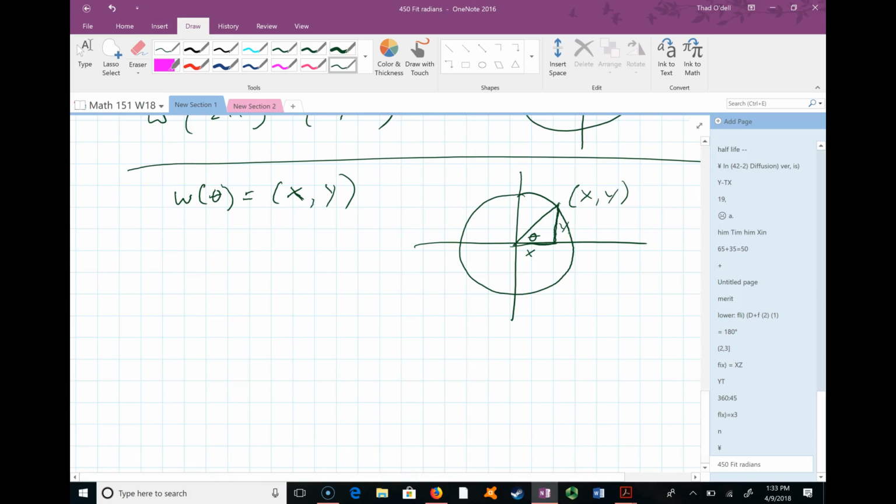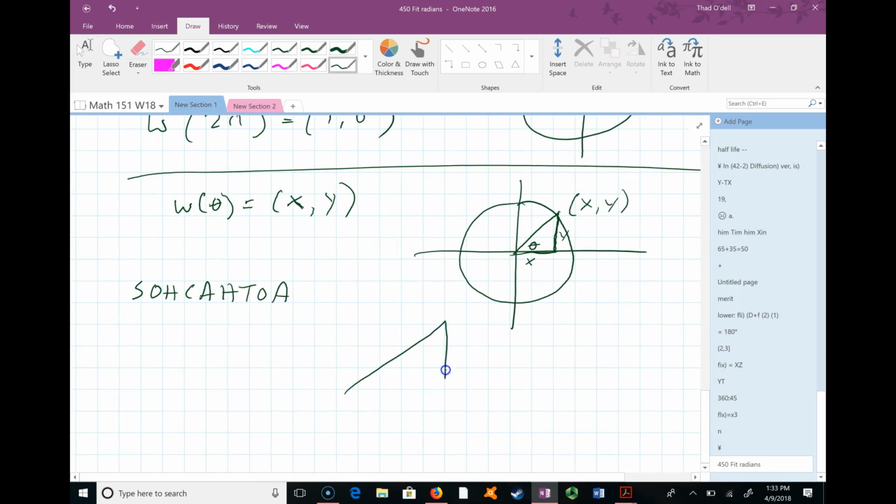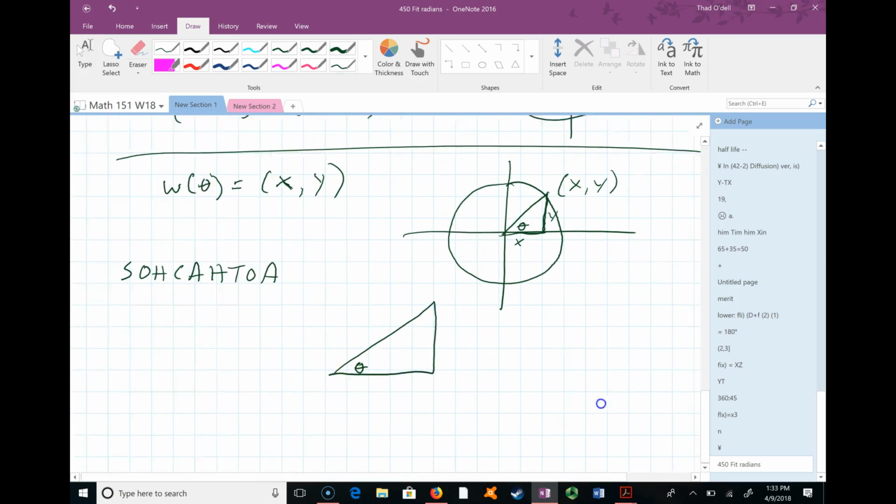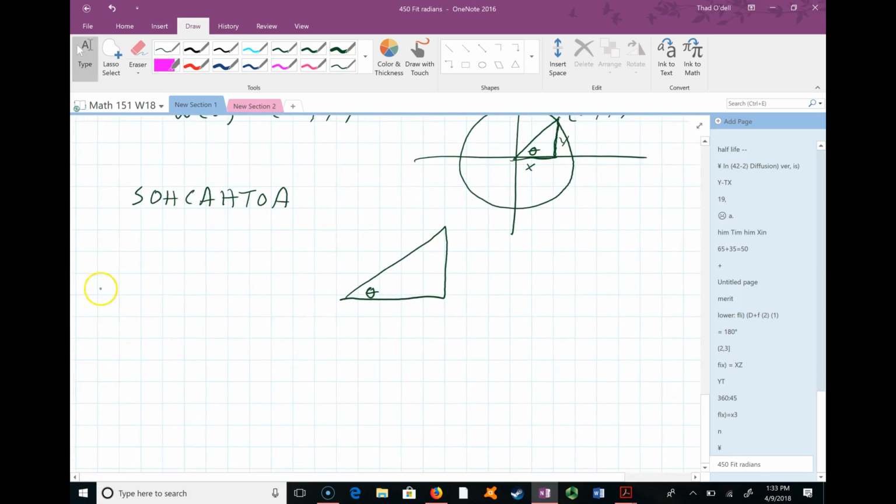Okay, so the connection now is, there's a lot of ways to remember it, but this can be helpful if you spell it correctly. SOHCAHTOA tells us the relationship between sine, cosine, and tangent, which are all just basically ratios of certain sides of a right triangle. So if I'm looking at a right triangle, and this is my angle that I'm looking from, because it matters what angle you're looking from, then sine of an angle